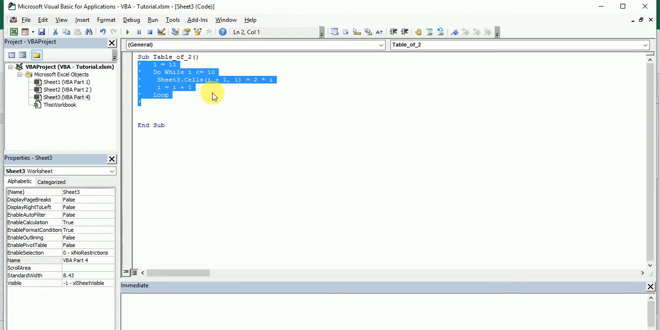In order to make any code a comment, you need to select that particular code and then click here on the comment block. VBA will not execute that portion of code. In this portion we are not doing anything, we can add anything here. Either write a single quote with your keyboard or click here and select all lines. I'm going to write